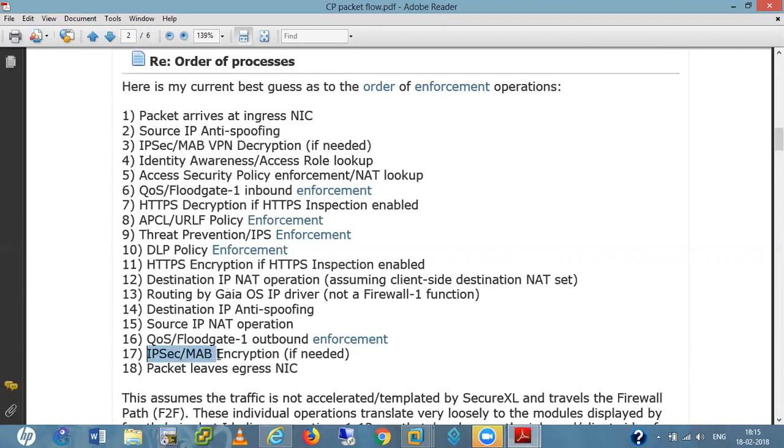Then if it finds this is VPN traffic, it does the encryption and the packet leaves from the egress interface. Basically, it detects this interface via this NAT rule and IP.